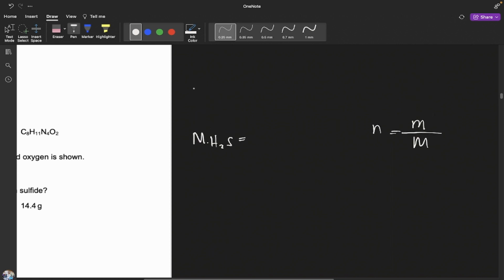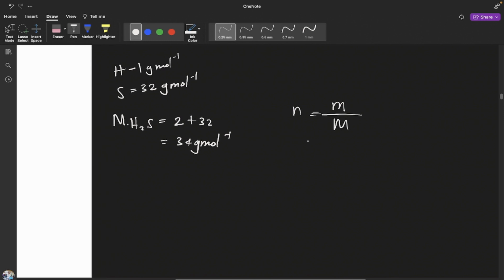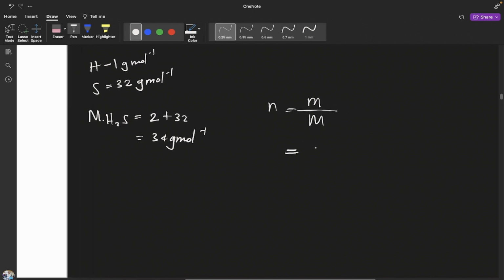And this is common knowledge. Hydrogen, the molar mass is 1. Sulfur, it's 32. The unit is grams per mole. I hope you guys know this. Okay. So, 2 hydrogens plus 32, it's 34 grams per mole. We don't have to write every single one as this is an MCQ. 5.1 grams divided by 34 grams per mole. You will get the number of moles. Number of moles is equal to